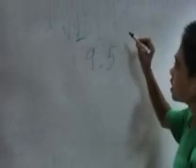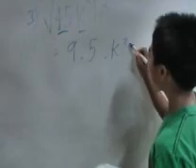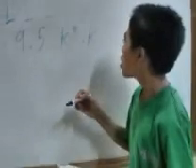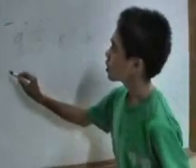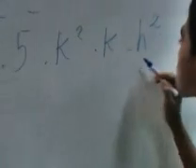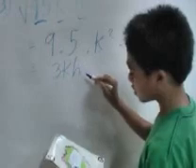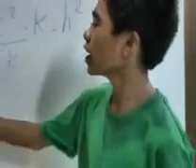And then the second term is k cubed. So we have there k squared times k. And k squared is also a perfect square. Then the last one, the third term, is h squared. Since h squared is a perfect square, we are going to copy it. And we have here 9 times 5 times k squared times k times h squared. Then our final answer is 3kh, the square root of 5k. And this is our final answer.